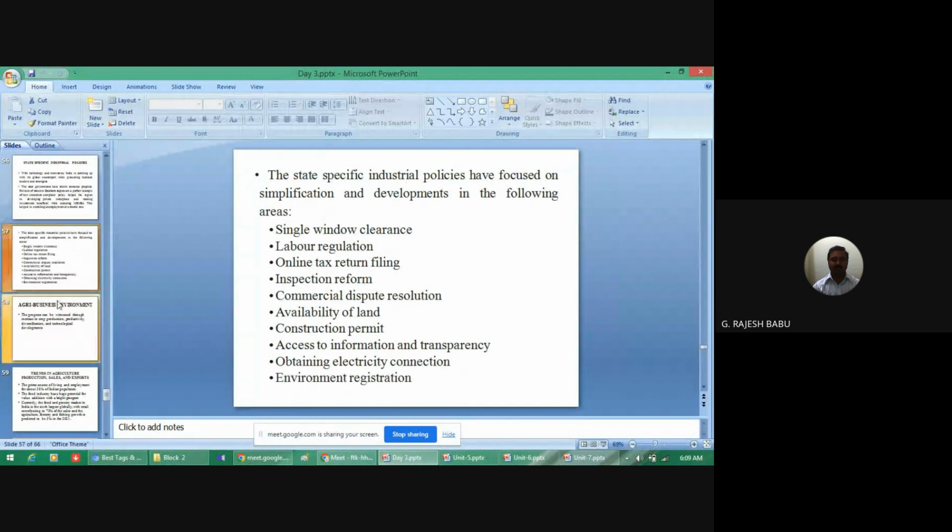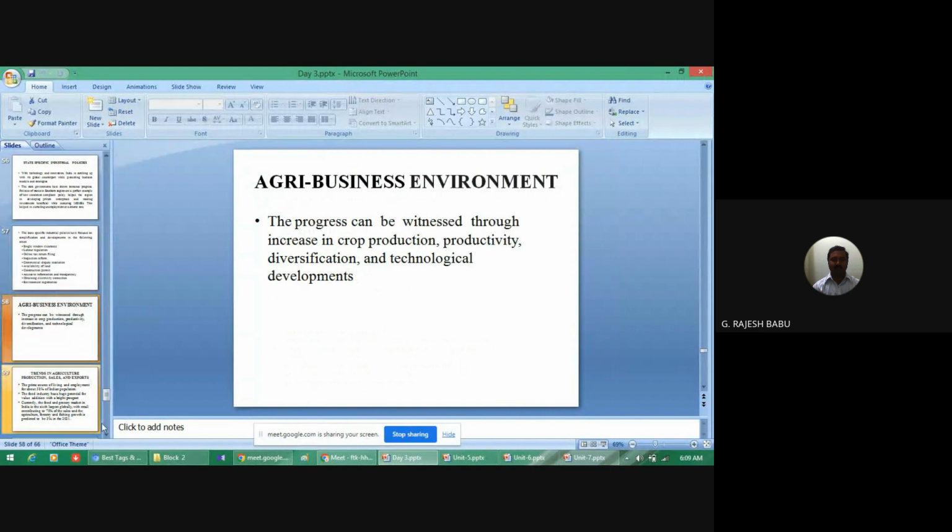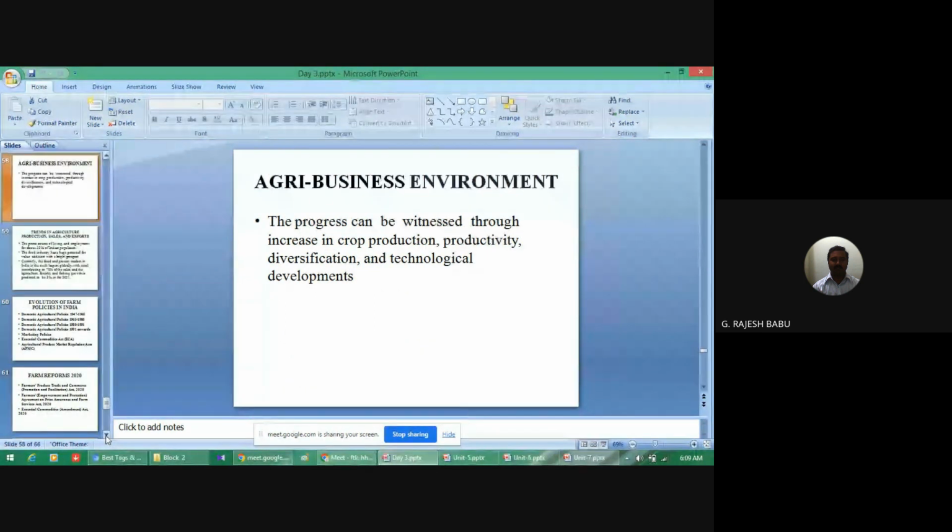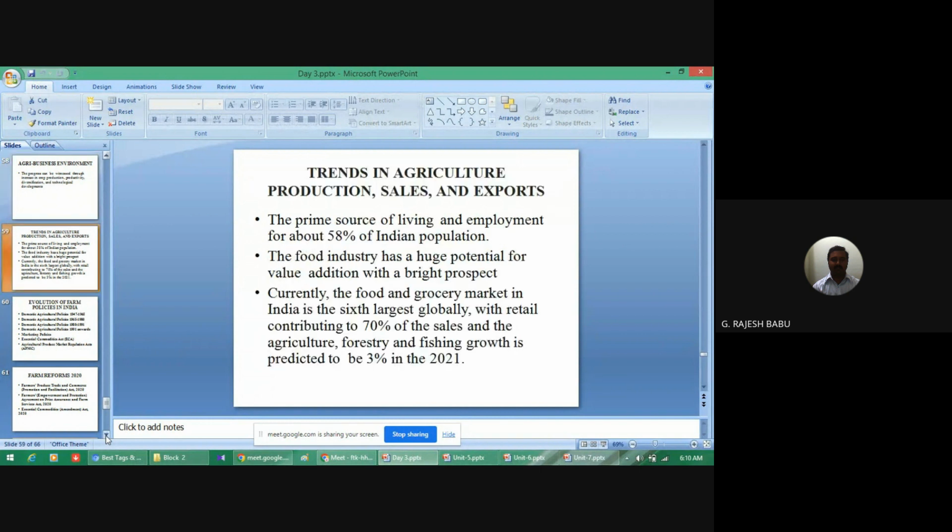Next one, agri-business environment. This process can be witnessed through increase in crop production, productivity, diversification, and technological development. The trends in agriculture production